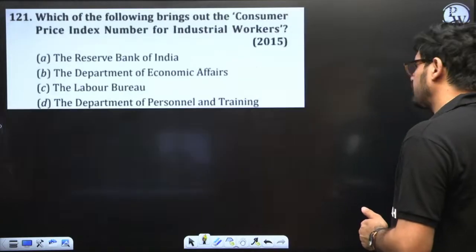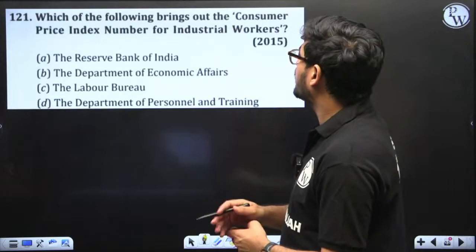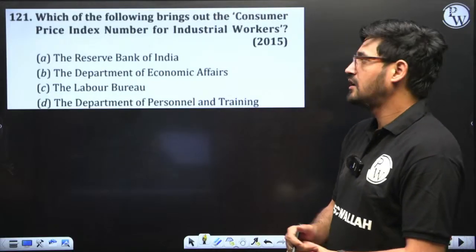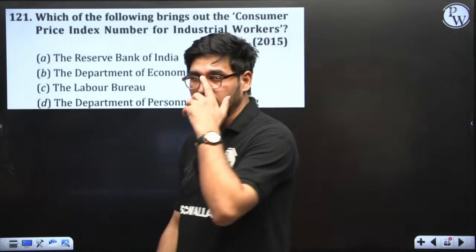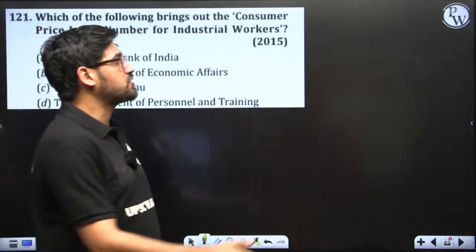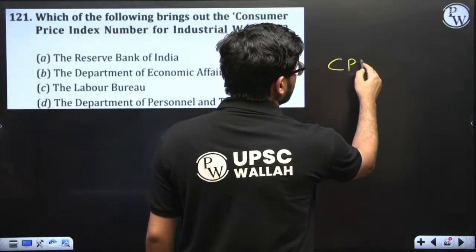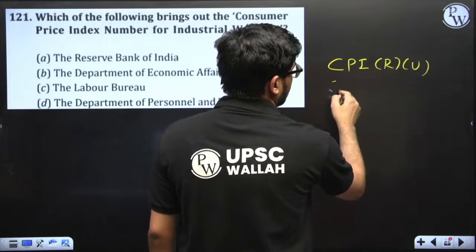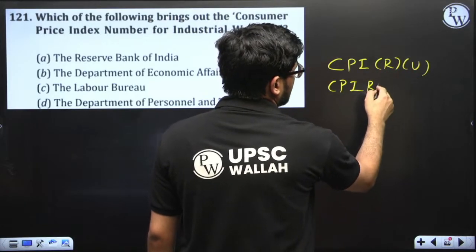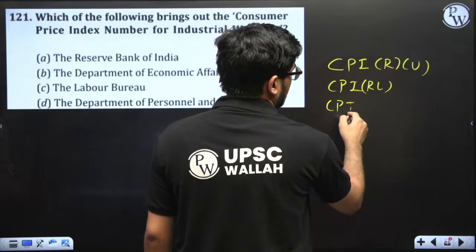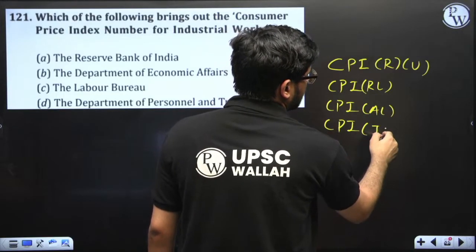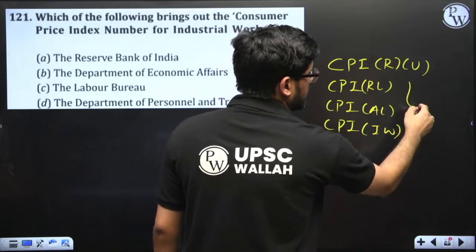Move to the next one. Which of the following brings out the consumer price index number for industrial workers? We have multiple kinds of consumer price indices. We have the general consumer price index, CPI all India, CPI rural, CPI urban. We have CPI rural labor, CPI agricultural labor, CPI industrial worker. All of these